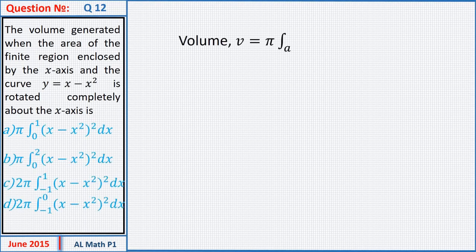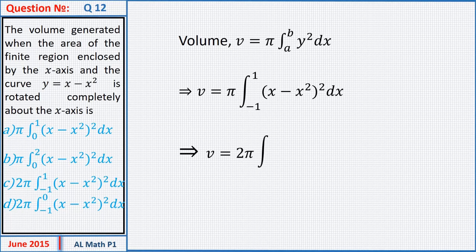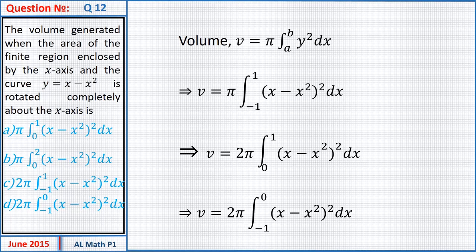So here we know the volume V is given by pi times the integral from a to b of y squared dx. Now we know our limits, so it's from -1 to 1, and we place our y squared. Now as our function is even, if you are integrating from -1 to 1, is it the same as 2 times the integral from 0 to 1, or is it the same as 2 times the integral from -1 to 0? So here it gives that the answer is